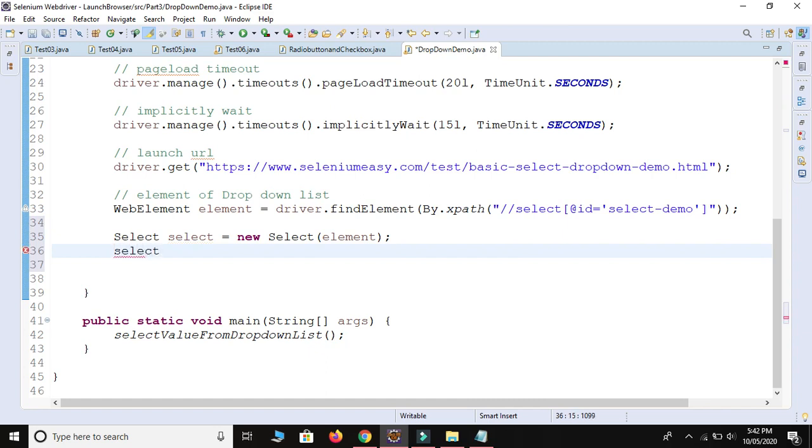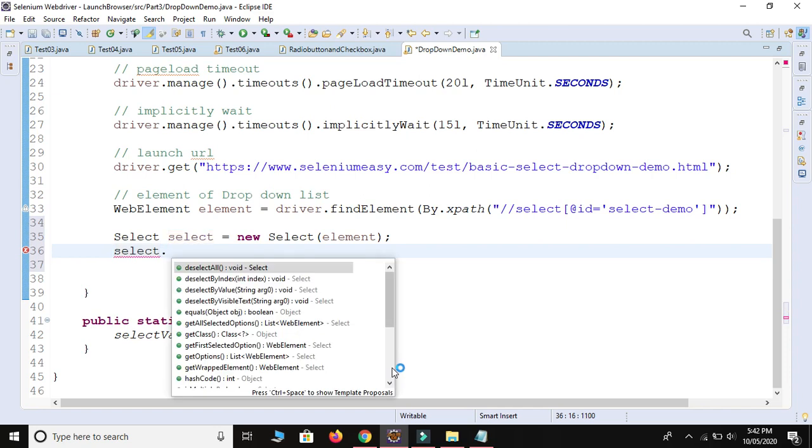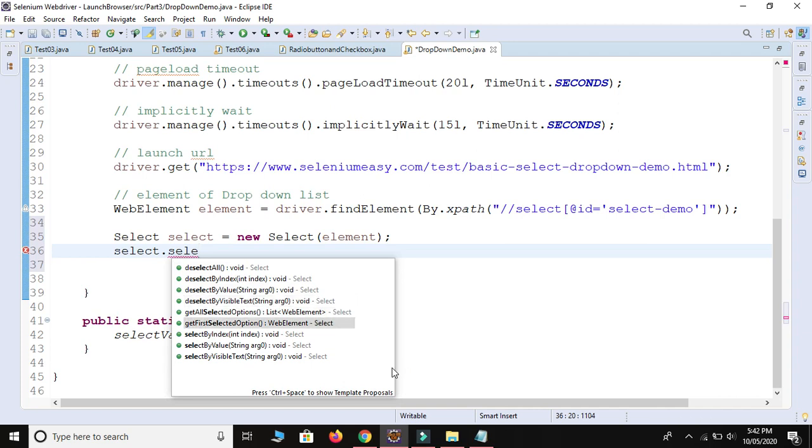Select dot, so we use select by visible text. Now we are going to use the select method, so we use select by visible text.